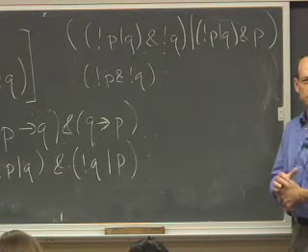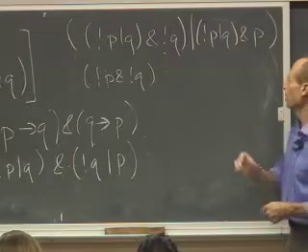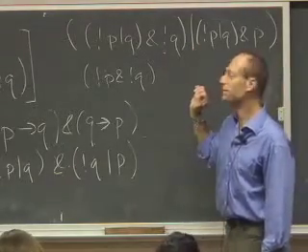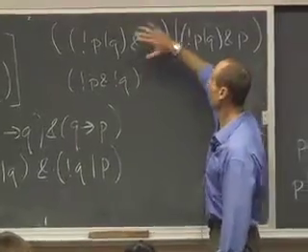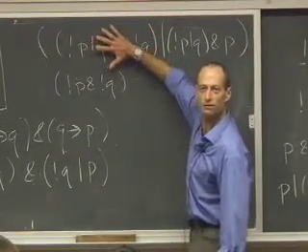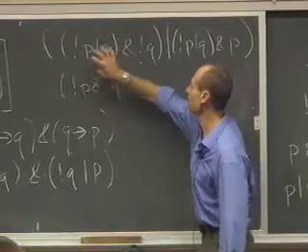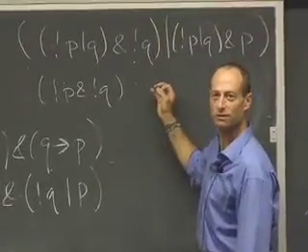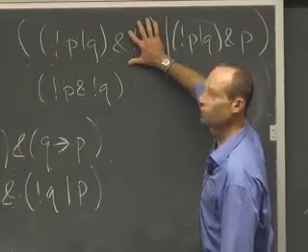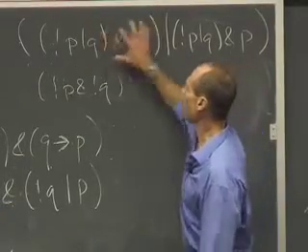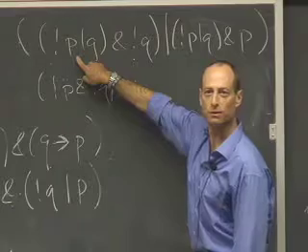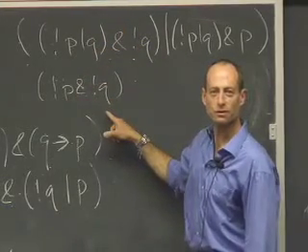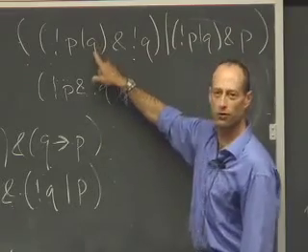Does that fit? Okay, suppose Q is true. Then this is false, and as a result, this whole expression is false. Right? Because this is something and false. Suppose Q is false. Well, then this is true, and the whole thing becomes true if not P is true. So this whole thing is true if both P and Q are false. It can't be true if Q is true.